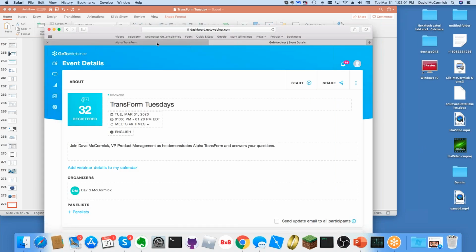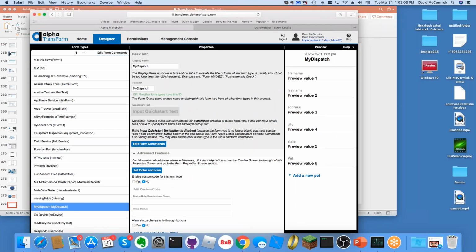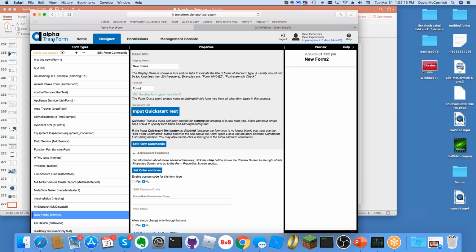So we're going to pop over here to Alpha Transform, and I'm already logged into my account. So to begin today's demo, we're actually going to just build a simple form. So I'm going to add a new blank form type from in here. I'm here at transform.alphasoftware.com. It's called the online web portal version of it. And while I'm here, it's already filled in new form 2. I'm going to call this one